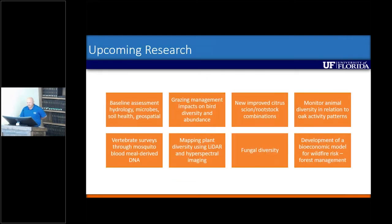So recently, the Dean of Research Office awarded some projects on the DeLuca Preserve. These are the 8 projects that were awarded internally by UF-IFAS, and it includes baseline assessment of hydrology and microbes, soil health, and geospatial features of the property, how grazing management impacts bird diversity and abundance, new and improved citrus scion and rootstock combinations, monitor animal diversity in relation to oak activity patterns, looking at mosquito blood meal derived DNA to estimate what vertebrate animals are on the property,